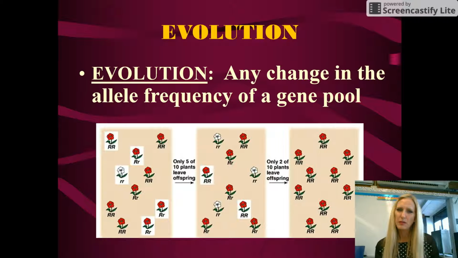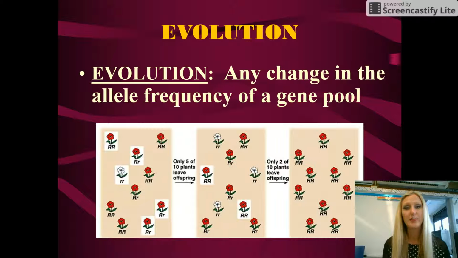Now that we know a little bit more about gene pools and evolution, we can redefine evolution as really just some sort of change that happens in the allele frequency of a gene pool. If you look at this picture of the flowers from one generation to the next, you can see that the number of lowercase r's has actually decreased. And so that's how we know evolution has happened: if there are actual changes in the alleles that are possible